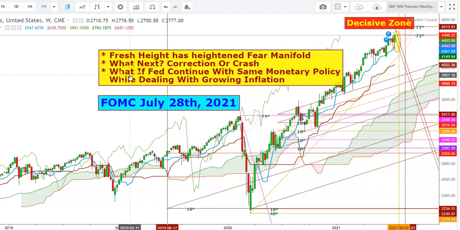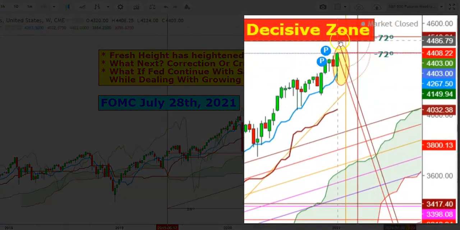Friends, here I find that what if the Fed continues with the same monetary policy while dealing with ongoing inflation on July 28th? This will be very decisive for the global equity markets. If the Fed continues with the same monetary policy, we could see a sharp sell-off follow the Fed meet on July 28th. During the upcoming week, we'll have to see whether the S&P 500 futures will be able to cross the final resistance at the levels of 4444, which seems to be a psychological resistance